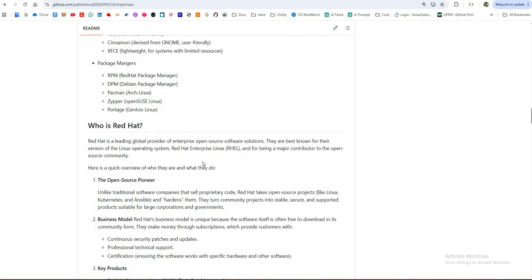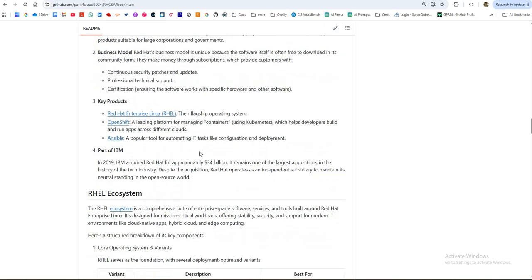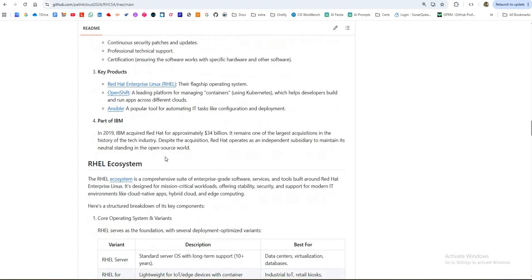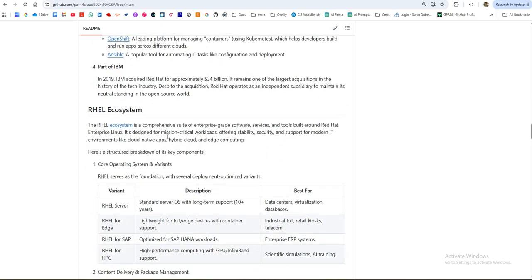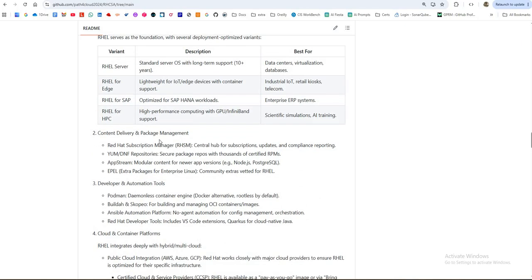Apart from that, we understood what exactly Red Hat is doing, what the business model is, what the strategy is for Red Hat to work with this subscription for RHEL. Apart from RHEL, what other products, which are leading products in the industry today, Red Hat is giving to you. What is the ecosystem for RHEL, how it works, and what other kinds of products,